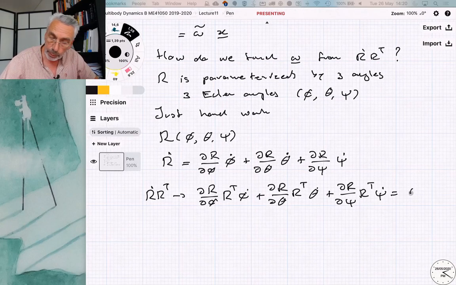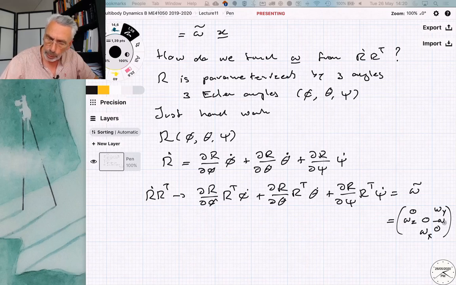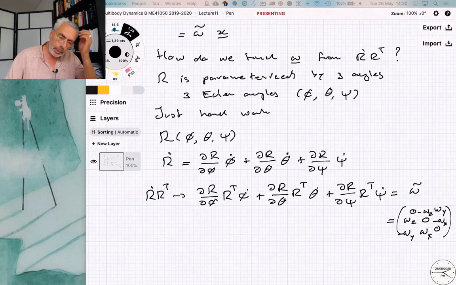this omega tilde, right? This matrix, and it's actually better to write that out in components so you know what you're doing. So zeros at the diagonal, right? Omega x, omega y, omega z, and then here minus omega x, minus omega y, minus omega z. Okay. Now, looking at this, if I would expand that,